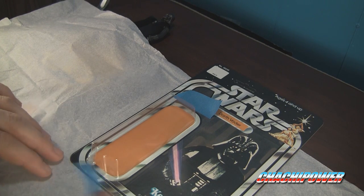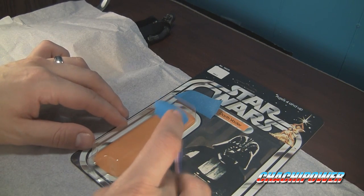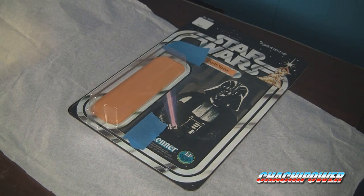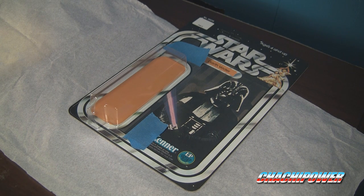You know, these things are stamped down by machines or hands, so they're not always perfect, but if you need to have perfect, this will help you out. All right guys, I got it right where I want it. And another piece of